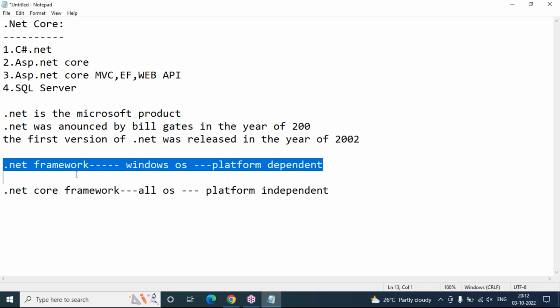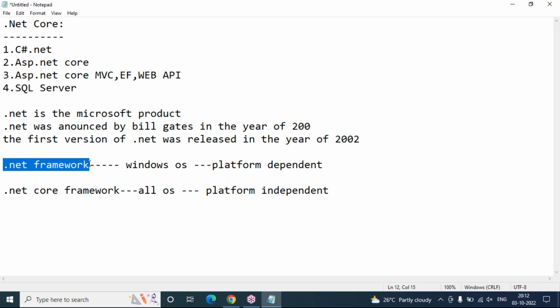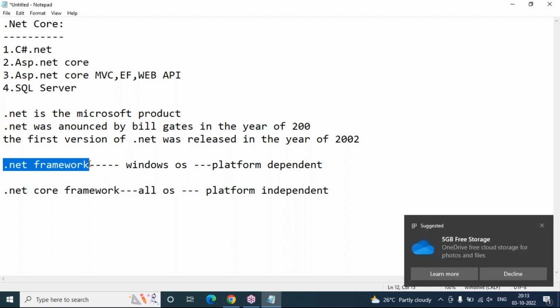So a framework is nothing but a collection of class libraries. Whether it is .NET Framework or .NET Core framework, both are the same, a collection of class libraries. As soon as we install the .NET software, these framework class libraries are automatically there, and through those libraries we can start development of our applications. Without .NET Framework or .NET Core framework, there is no .NET. Why? Because most of the libraries are automatically installed when we download these frameworks and install them on our machine. From there onwards, we can start development of our application.